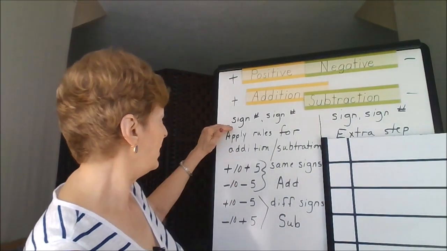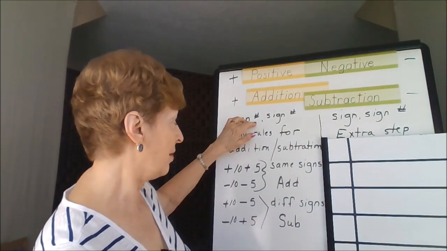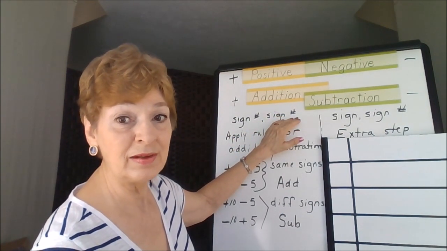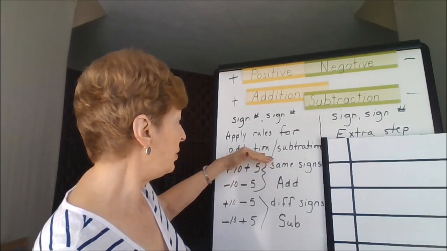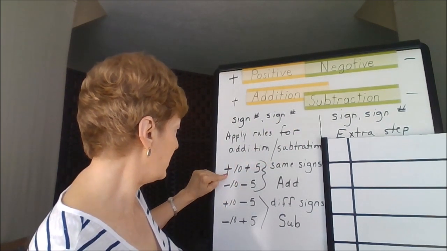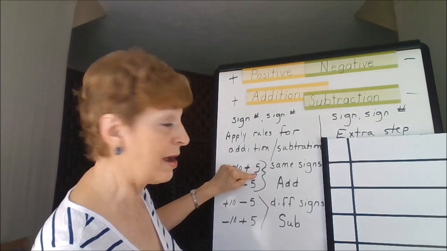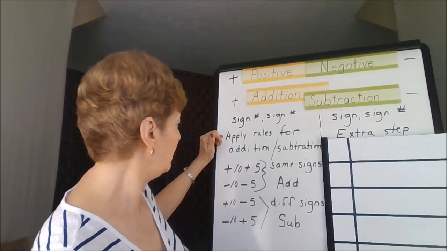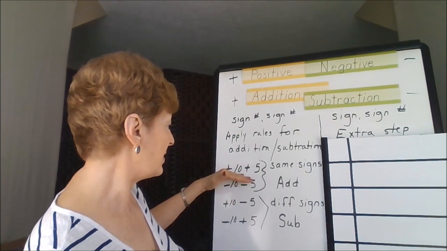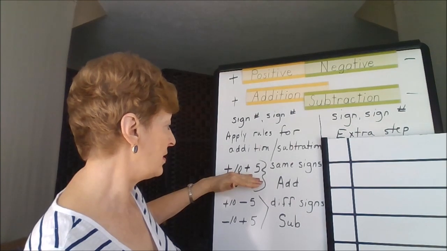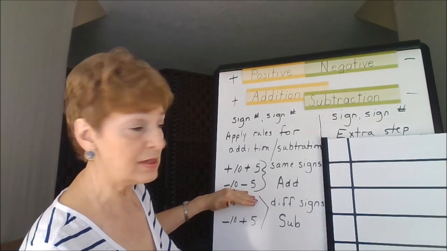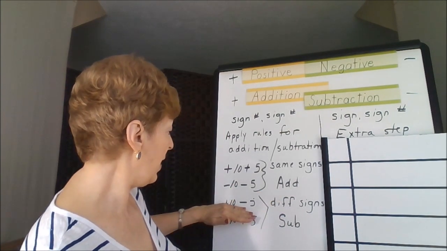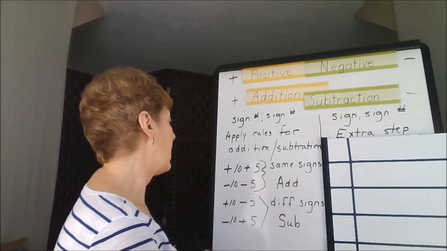You might have a sign and then a number followed by another sign and another number. This is absolutely the way you'd like to see your problems. And if you do see them like that, for example, here's a sign and here's a number, sign and then a number, you can just apply the rules for addition and subtraction, which say that if the signs are the same, as in this case we have two positives, or in this case two negatives, you would add those numbers together. If you have a situation where you've got one of each,